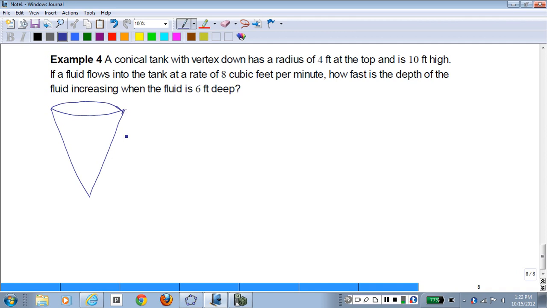Vertex down has a radius of 4 feet at the top. 4 feet right there. And I guess maybe I should say circular. It's a circular conical tank. So the top there, any cross section perpendicular to the axis is going to be a circle. So a conical tank with vertex down has a radius of 4 feet at the top and is 10 feet high. So 10 feet from there down to there. If a fluid flows into the tank,